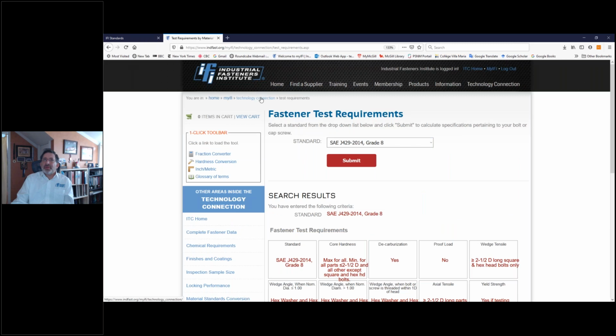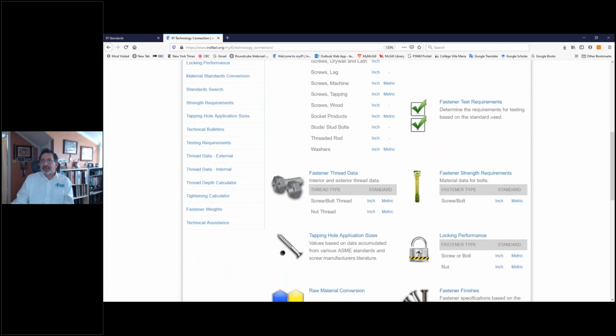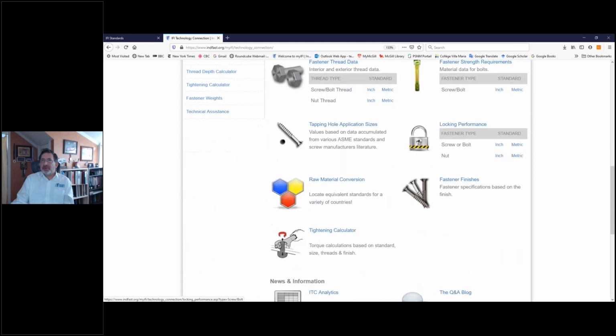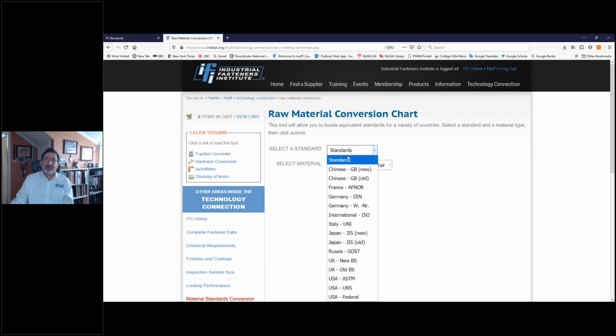Continuing on with the other tools that are available. So here we've got, oh, this is a really useful tool here, the raw material conversion. This is especially useful for distributors that import a lot of product from other countries or from overseas or from Asia. So for example, if I get a material that comes from China and the steel itself has